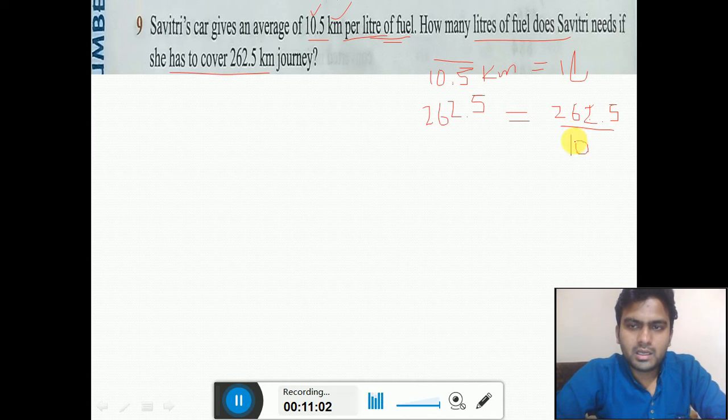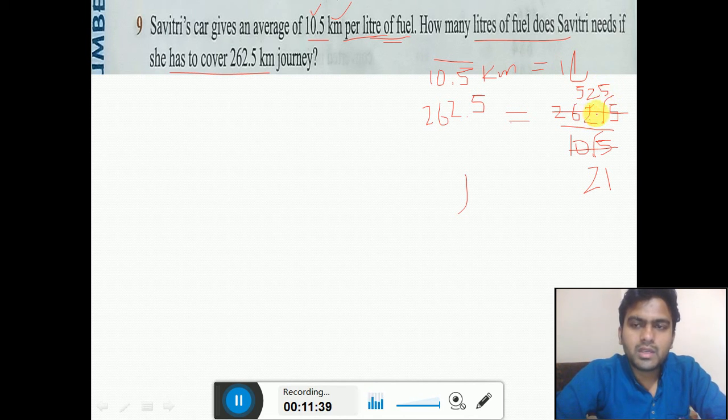Now here there are two methods to solve this question. The first method is that there is a decimal point in this number after one place, and in this number also after one place. So we can remove this decimal from here and here, and then directly we can divide. We can cut the number by 5. 5 2s are 10, 5 1s are 5. Now 5 5s are 25, 1 left, 5 2s are 10, then 2 left, 5 5s are 25.